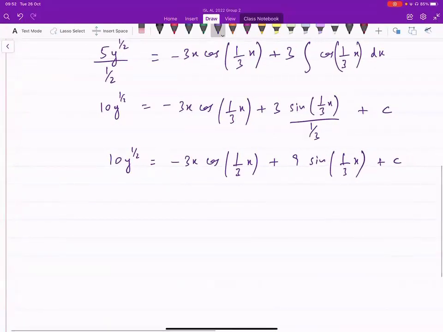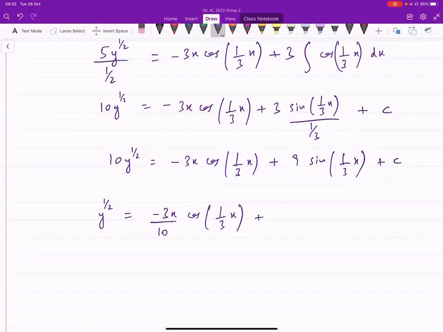So let's do that. We have y raised to power 1/2 equals minus 3/10 x cos 1/3 x plus 9/10 sin 1/3 x plus c/10, which is actually just another constant, right? c/10 आ जाएगा ना, तो c/10 को we can call another constant. Let's call that d. Okay, c/10 भी लिख सकते हैं, that's fine, लेकिन वो ज्यादा कॉम्प्लिकेट होता जाएगा फिर।